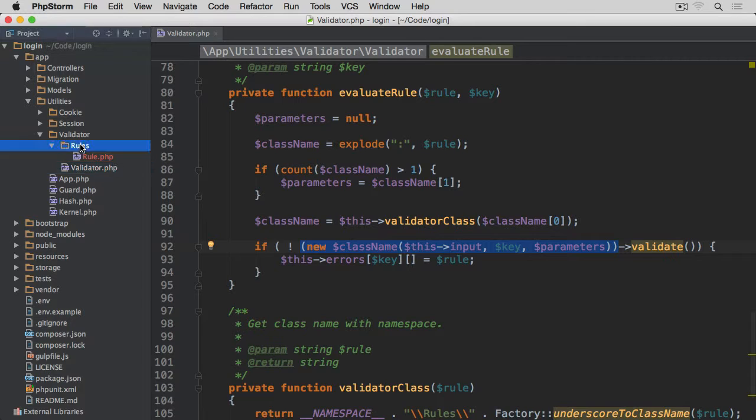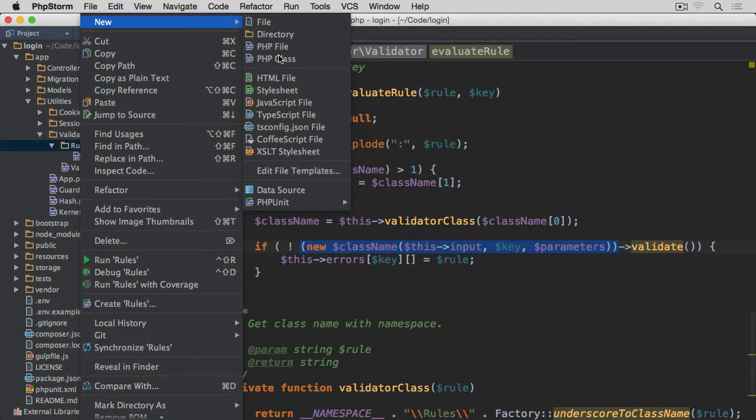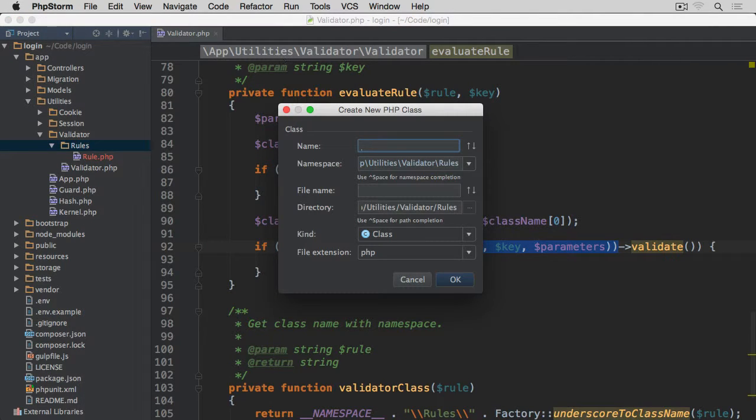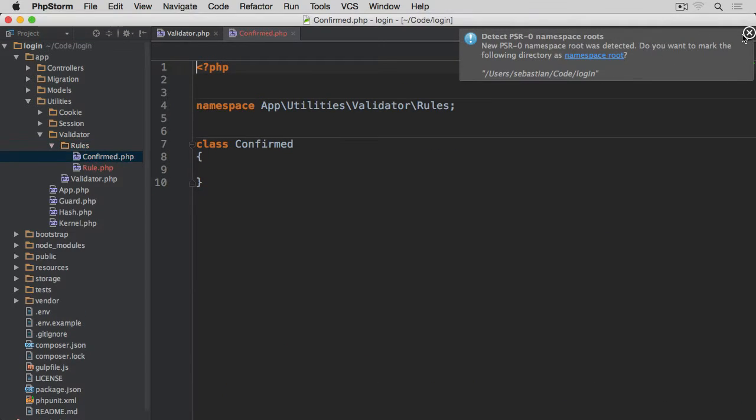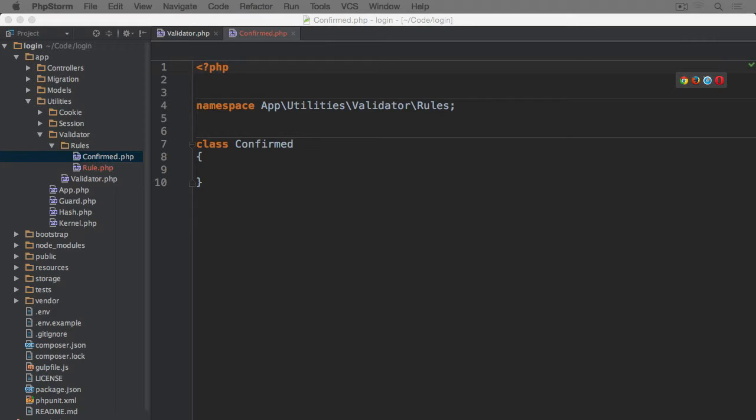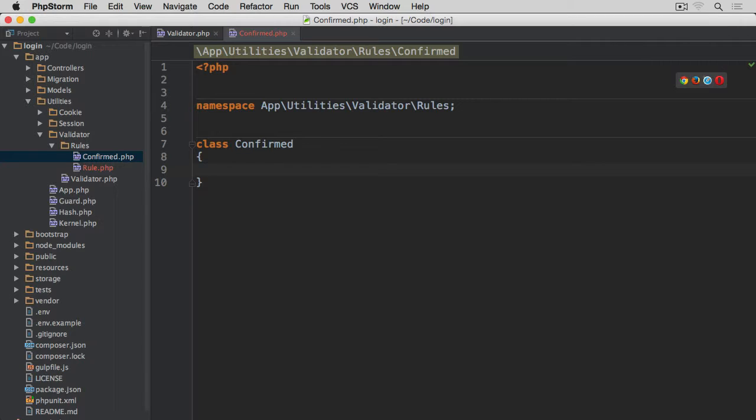Next, we are going to create a confirmed. We're going to start with a confirmed rule. Confirmed. So things like, for instance, when we have a password, especially for the registration, you have to also have another field, confirm password. For instance, this is when we're going to compare whether two input values are the same. So confirmed extends rule,